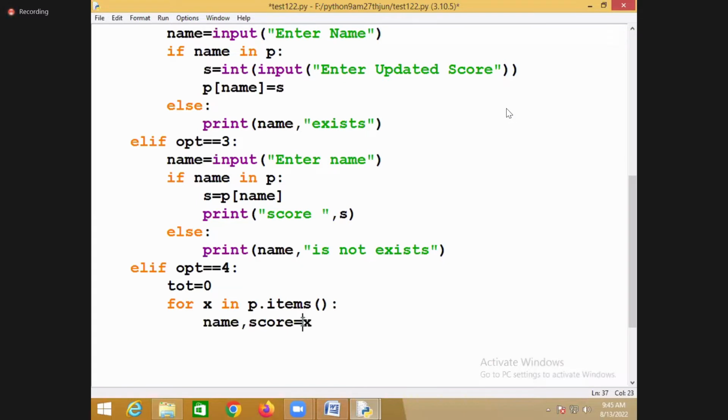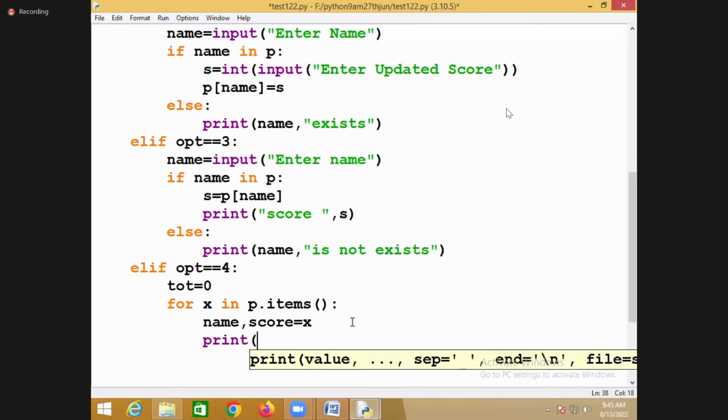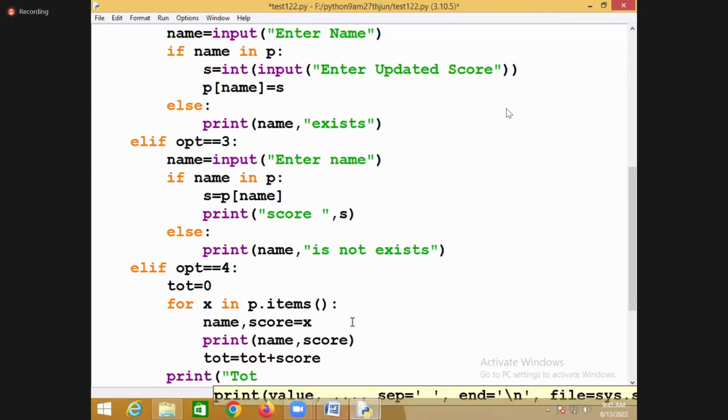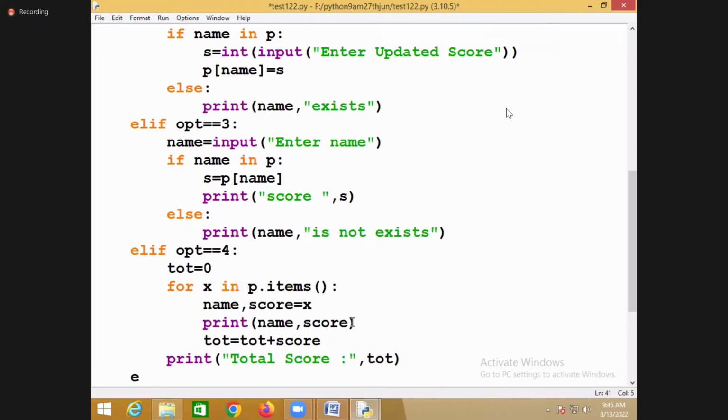Because this tuple has 2 values, and these 2 values are assigned to 2 variables. And then after that, I'm displaying the name and score. Then total equal to total plus score. After this, I'm displaying the total score. And I just display total. Else if option is 5,